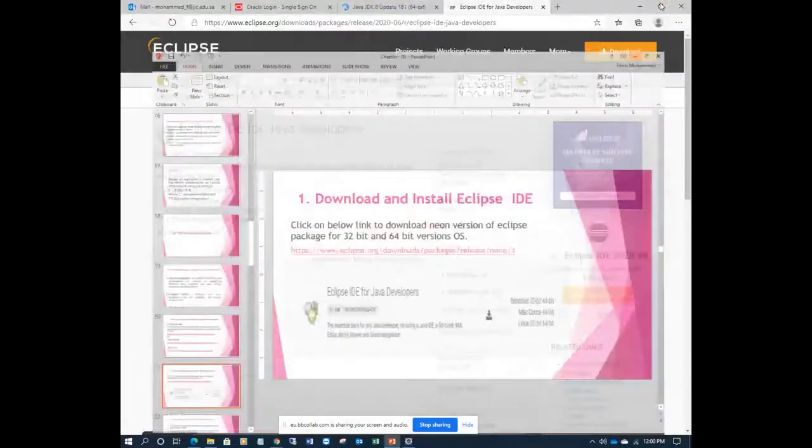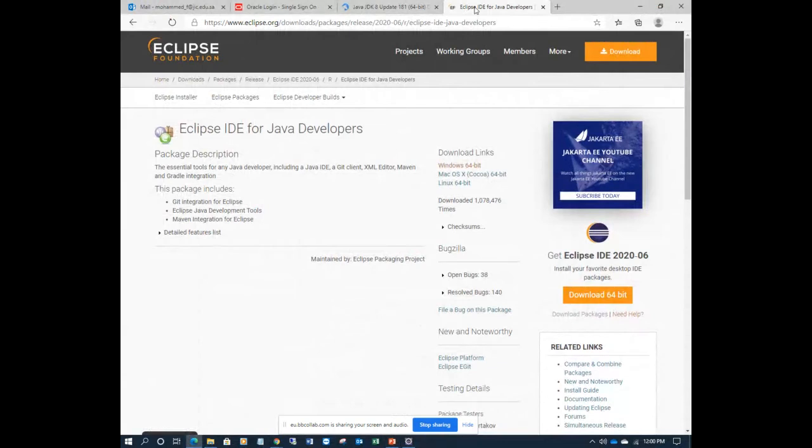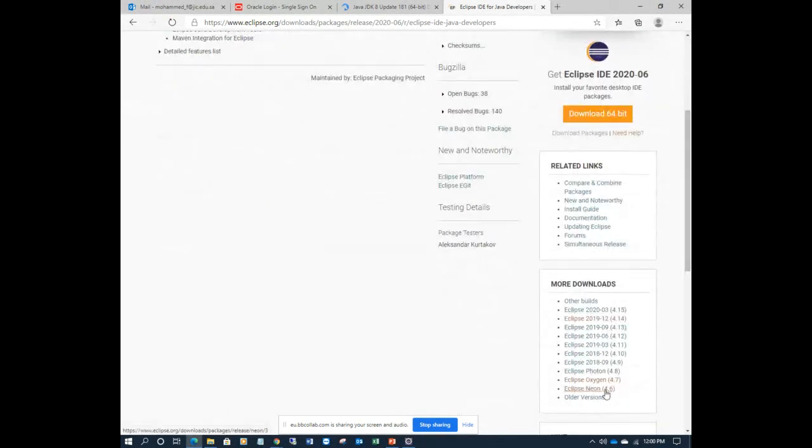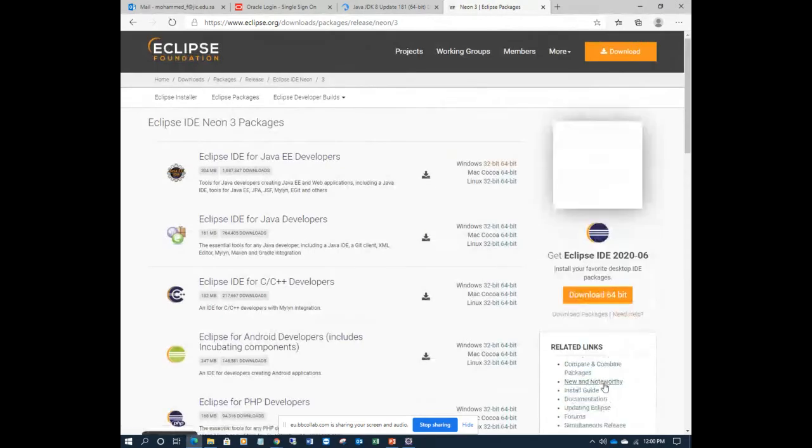If it's 32-bit, click over here, Neon. Yes, in Neon, at least for Java developers, you see 32-bit and 64-bit. There are packages for Mac, Linux, and all operating systems, but most of the users are on Windows. So you download this one, 32-bit or 64-bit.